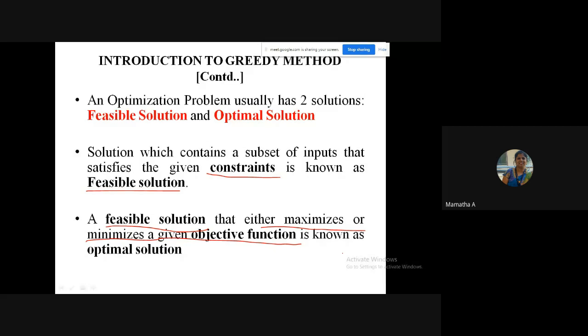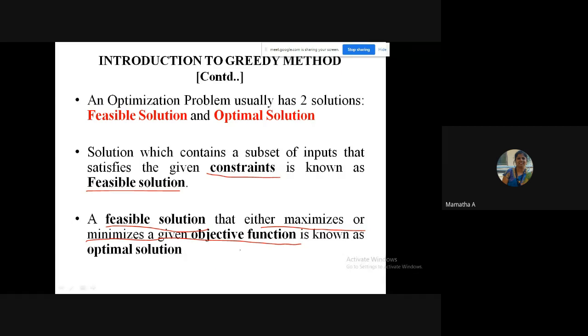Remember students, two kinds of solution: feasible and optimal. Feasible is a subset of inputs that satisfies the constraint. Buying 10 items, paying 2000, that's feasible. But buying 10 items for less than 2000, because I cannot cross 2000, is also a feasible solution, but that becomes my optimal solution.